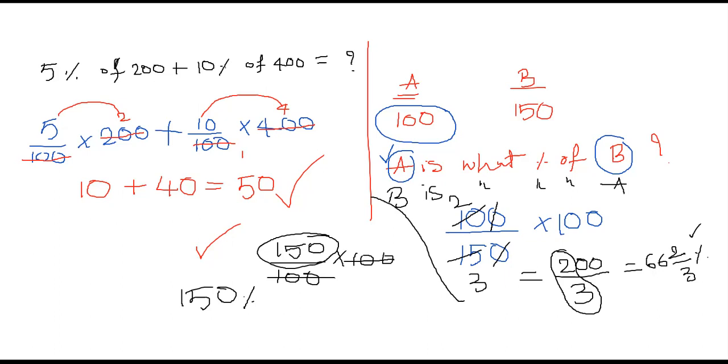Here he has initially 300. He spent how much? 100 rupees outside. And they are asking what is the percentage of his expenditure, meaning spending. 100 is spent. 100 by 300 is the answer. 100 by 300 means 1 by 3. 1 by 3 means 33 percentage.